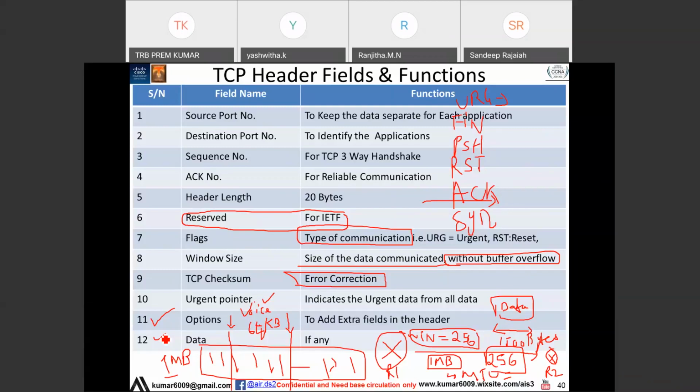But Kumar, you took VoIP as an example, but VoIP uses UDP, right? Correct, I'm just telling you an example. When I'm using an application, I want to make sure that flag is enabled as urgent. For voice it will be different; voice has different protocols. If you are talking about voice, voice has a layer of protocols.